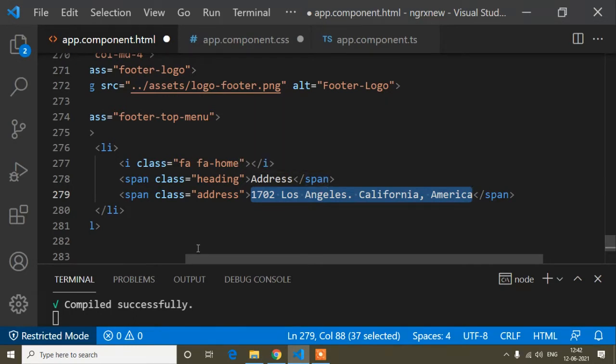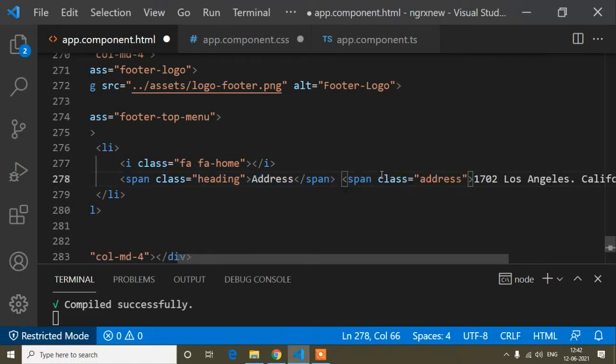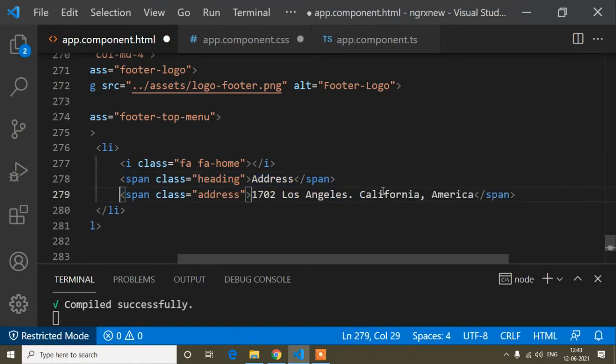But when we use div, suppose this one is a div and this one is also a div, then these two contents come in different lines. But when I have written them inside span tags, that content will be beside this content, that means it will be here. Okay, when I show the preview, it will be easier to understand.